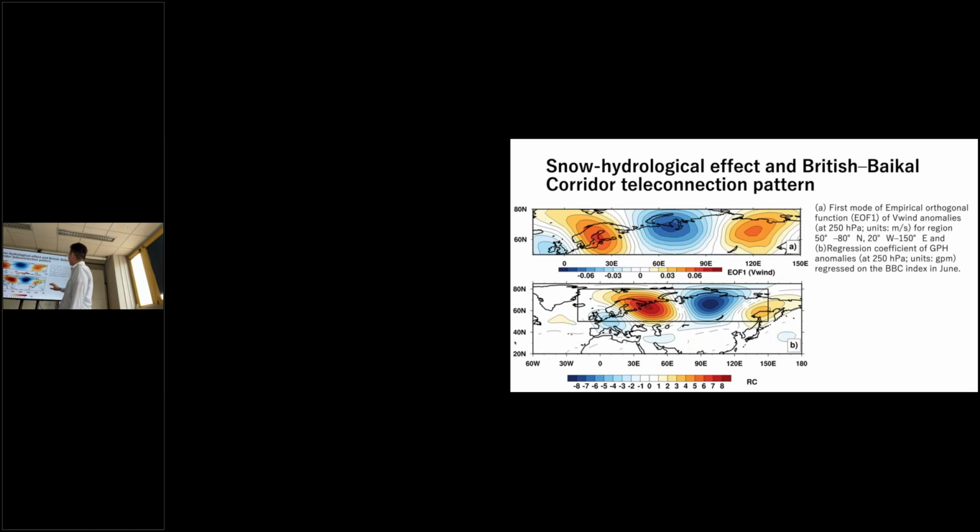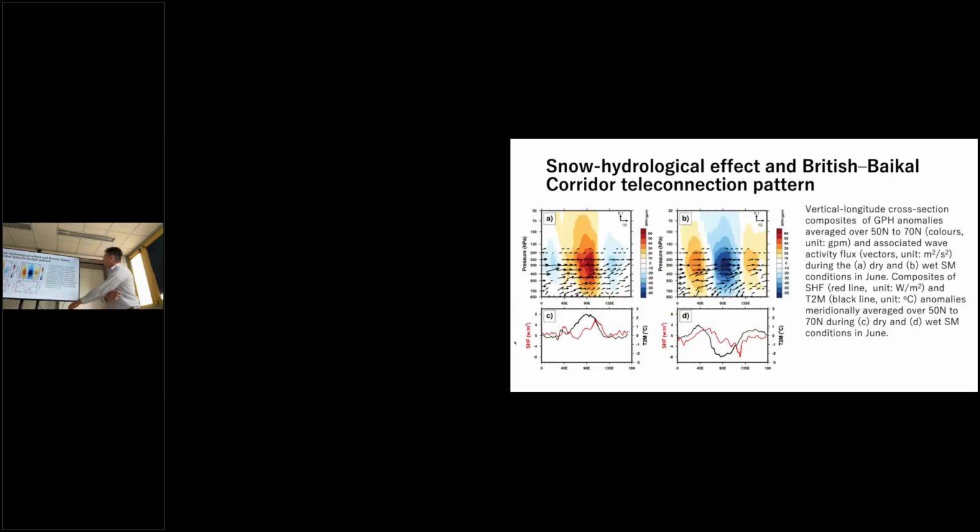Yeah. On the bottom, I'm showing the typical pattern of the British Baikal corridor pattern over the area. We see some slight shift of the phase, but basically this is the EOF, the analysis of EOF, so we can explain why we have some slight shift of the phase. Anyway. Then we also looked at